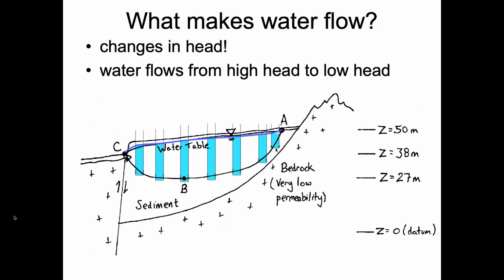So this whole thing down to here is our elevation head. And our total head, if we were to draw a line over here, that's our pressure head plus our elevation head, is 70 meters